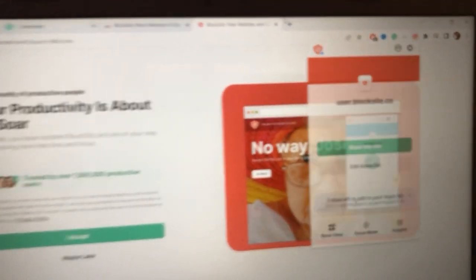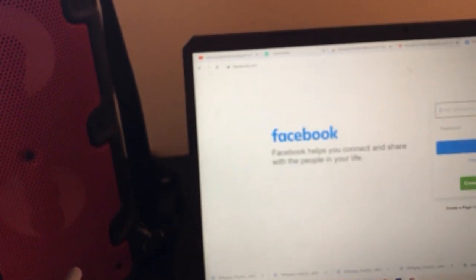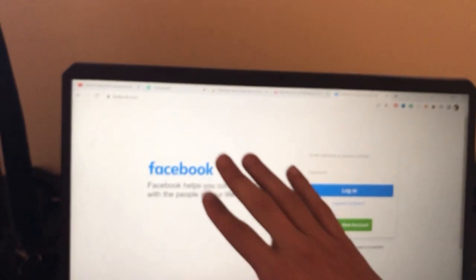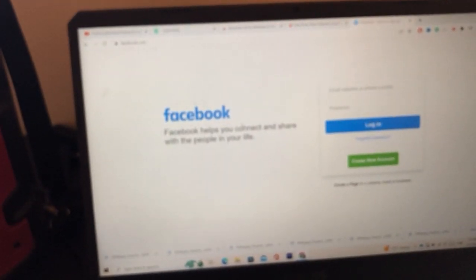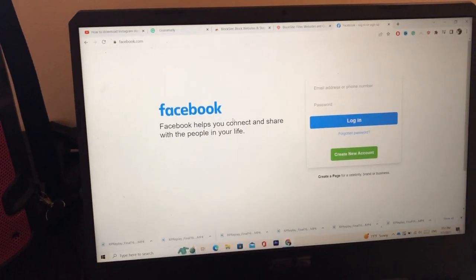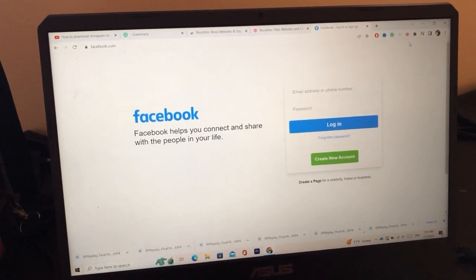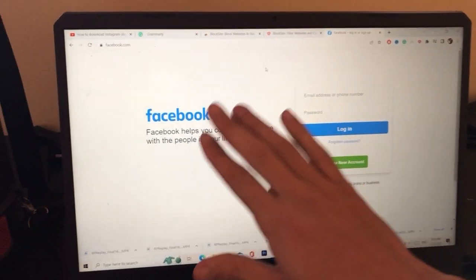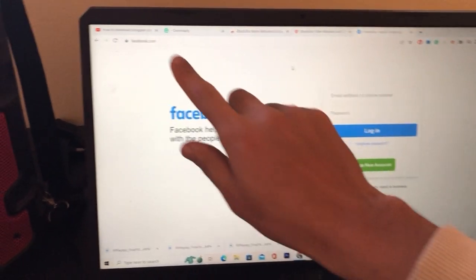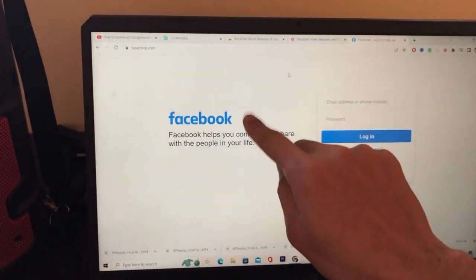and then you want to just leave everything as it is, and then search for the website that you want to block. Let's say that I want to block Facebook. Now you want to go to the home page of Facebook, okay? And whenever you want to block a website, it's very easy. When you go to the website that you want to block, let's say facebook.com or Instagram or any website,